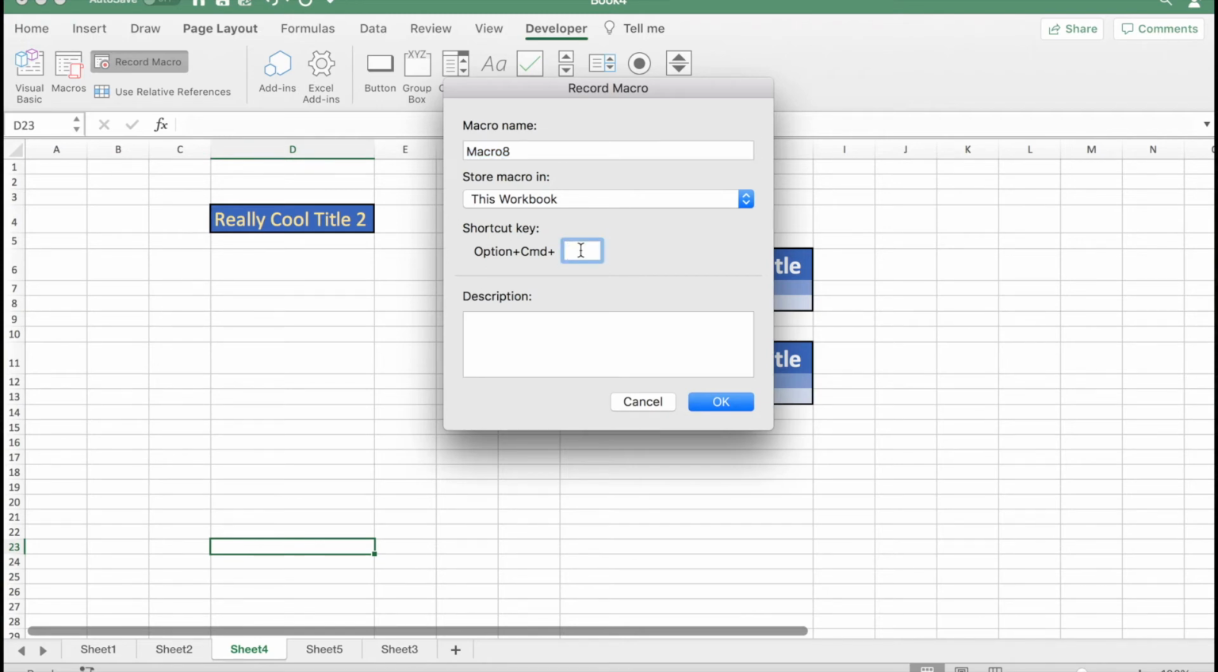On Windows or a PC, what you will see here instead of option plus command is, you're probably going to see control. Both of these options come by default depending on what operating system you have. For me, I'm on a Macintosh right now. So by default, it's always going to be option plus command plus whatever key I want it to be. So let's say I want it to be R,